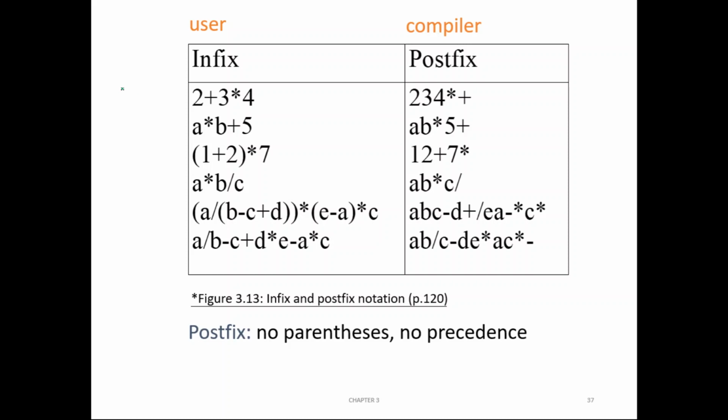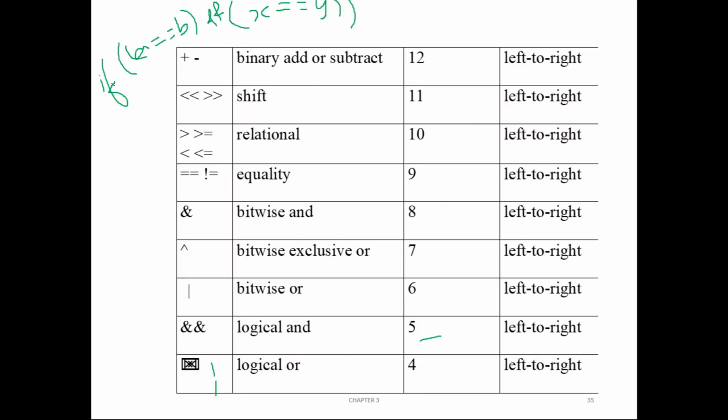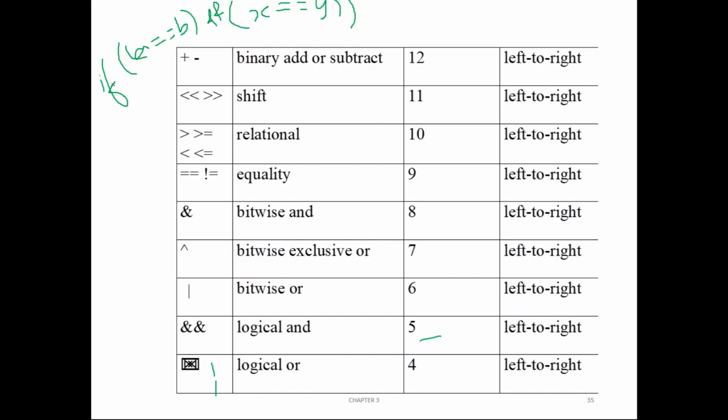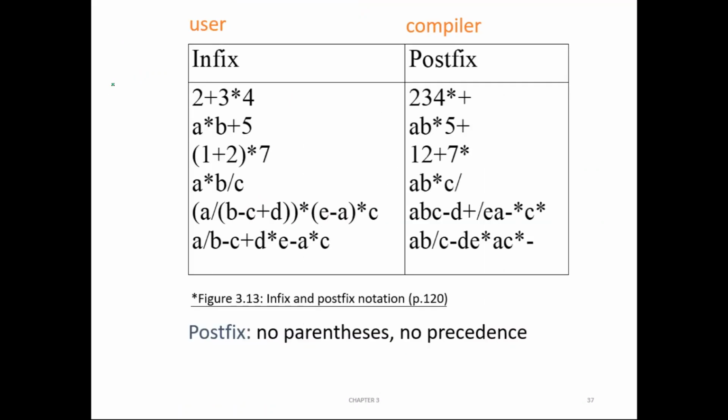Okay, operators means what are the operators? Plus, minus, multiplication, division, modulo. Okay, even greater than, less than, whatever we have seen in this table. This token column, all these are operators. Okay, operands will be either constants or variables, and these operators will operate on the operands, right? Operators will operate on the operands.